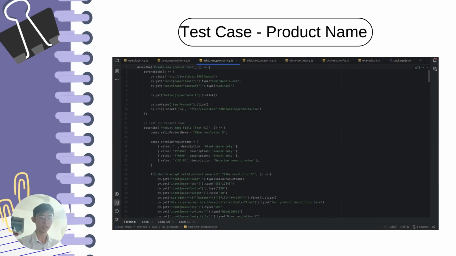Hello, I will present the Cypress coding. When Cypress is executed, it will go to the target website, which is localhost 3000 ME. It will type the email and password and click the submit button to log in to the website. Then it clicks the page that contains new product, and the URL should be localhost